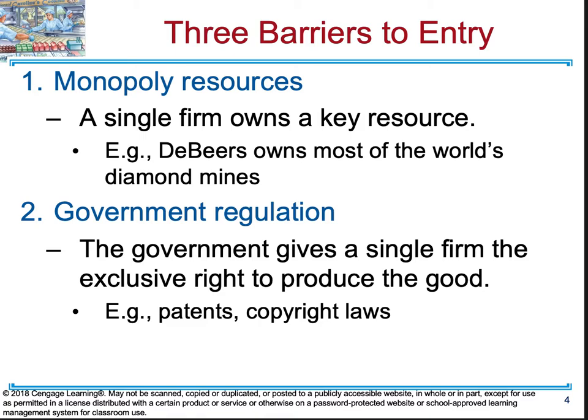Now, there's other ways that this happens as well. So we'll talk about patents and copyrights soon. Basically, these are protecting profits for a single producer. So, for example, if you have a patent, basically no one else can produce this product for X amount of time. And now, during this time period, you get to charge whatever price, and you're going to be able to capture this profit. So again, this is a monopoly for a short amount of time.